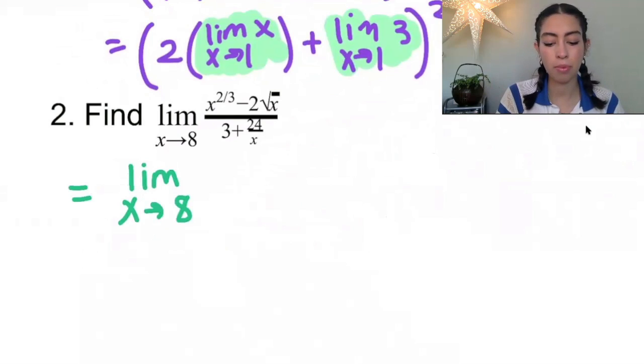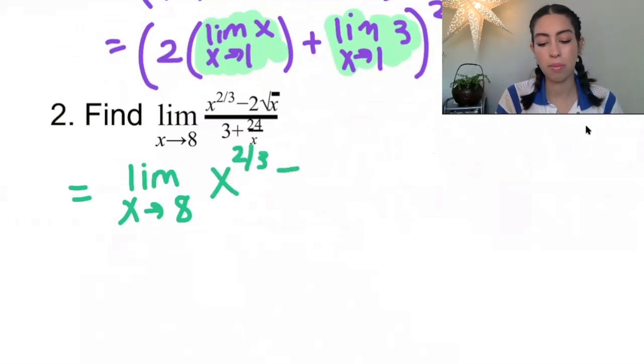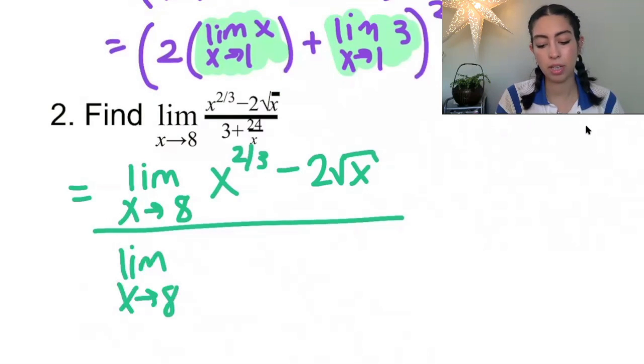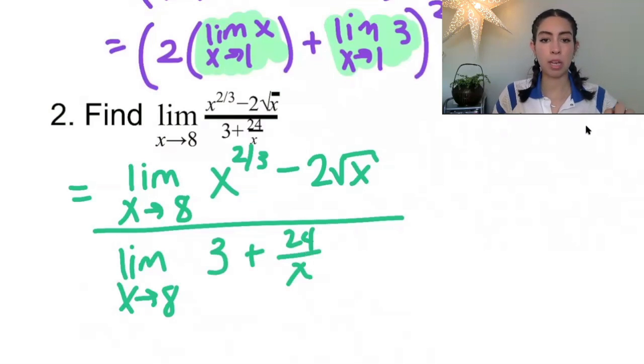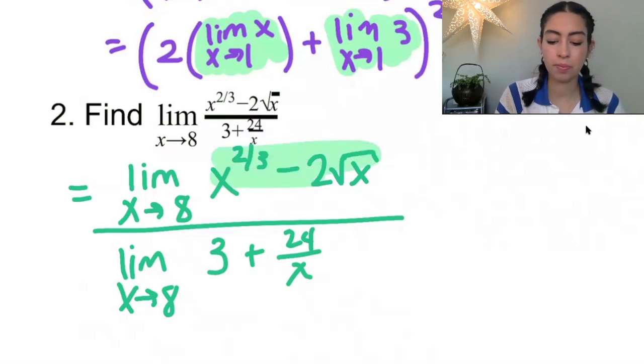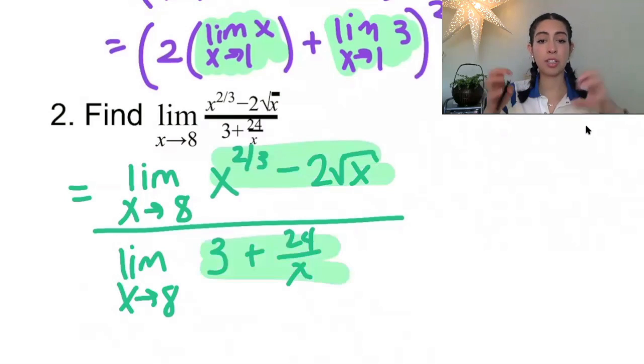So up top, we've got the limit as x approaches 8 of x to the 2/3 minus 2 root x. And that's all divided by the limit as x approaches 8 of 3 plus 24 over x. So now we're taking the limit of two smaller pieces here, and we can actually keep breaking that down. At the top, we see that there's a difference property that we can apply, and at the bottom, we can